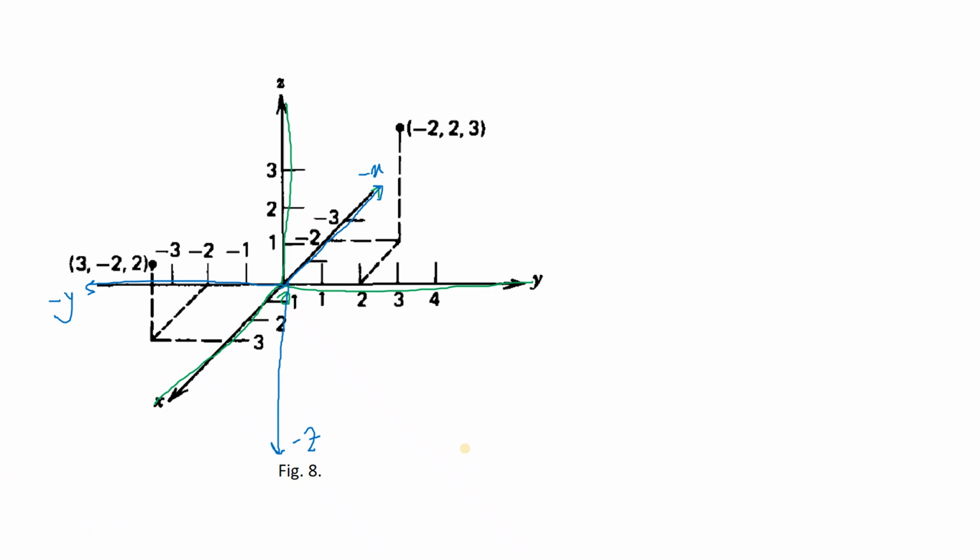So 3 minus 2, 2. If you have a point over here, suppose over here, then you will have positive x, positive y, but negative z. Suppose you will have 6, 7 and -4. You can have a point like this. And if you have a point over here